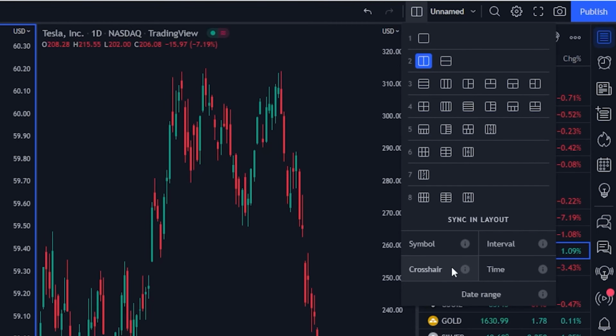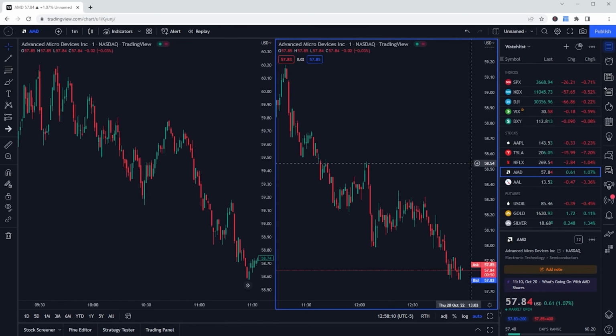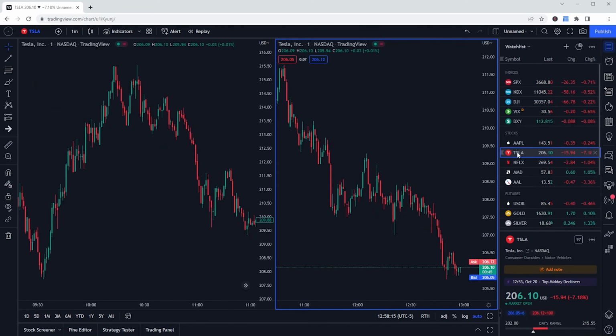And we also have the ability to sync the overall time range of the chart as well. Now, I'd say the two that you'll probably use most often are either going to be the symbol or the interval, which if I leave those selected, if I came back up here and selected both of those, and now if I were to come back over here to the chart itself and I clicked on a brand new symbol, like let's say Tesla,